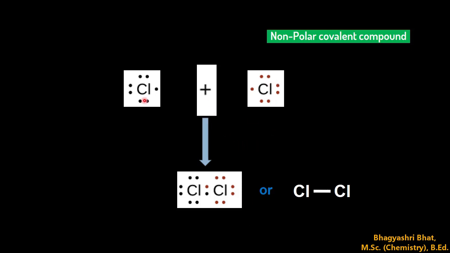So we'll move on to the next example. That is, we have now the chlorine atom. Chlorine has 7 electrons in the valence shell. It needs one more electron to satisfy the octet rule. So it shares one electron with another chlorine atom. In this case, both chlorine atoms are short of one electron, so they share one electron each. When they share one electron each, both chlorine atoms have 8 electrons in their valence shell. So both chlorine atoms satisfy the octet rule now. Since a pair of electrons is shared between two chlorine atoms, the resulting bond is a single covalent bond.